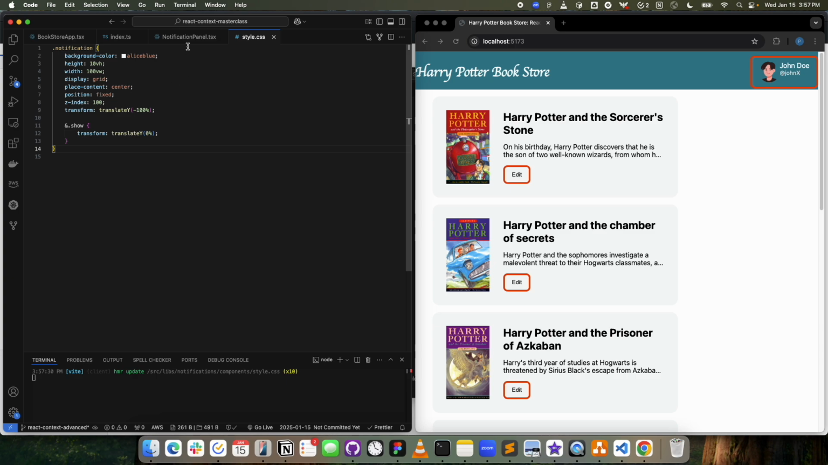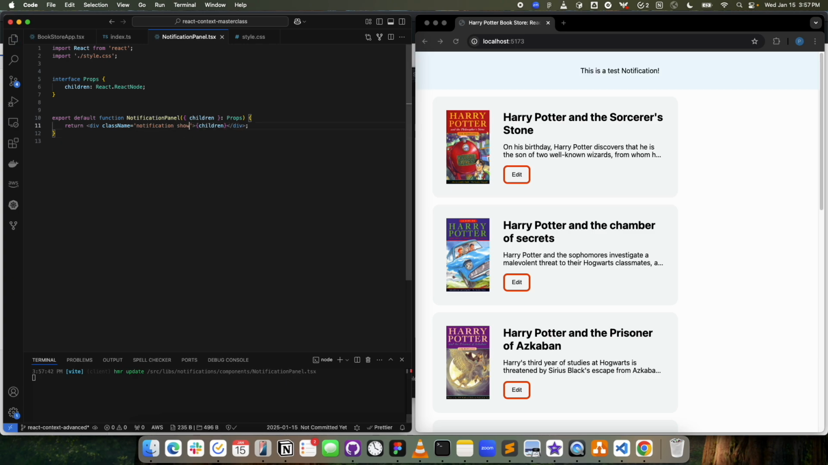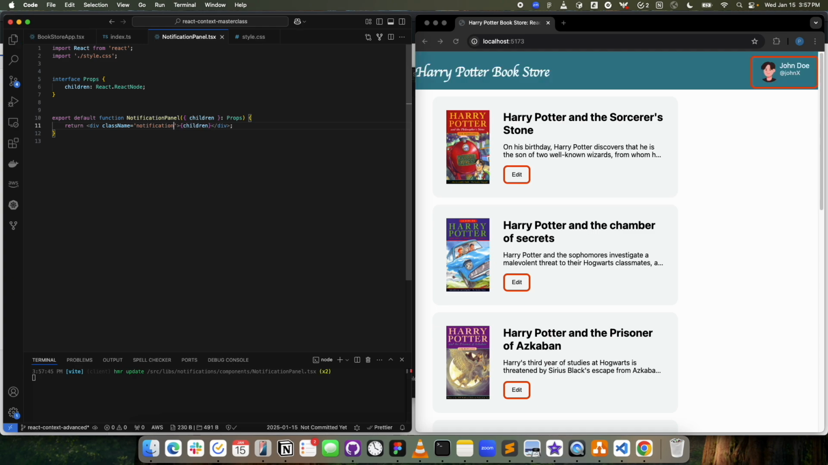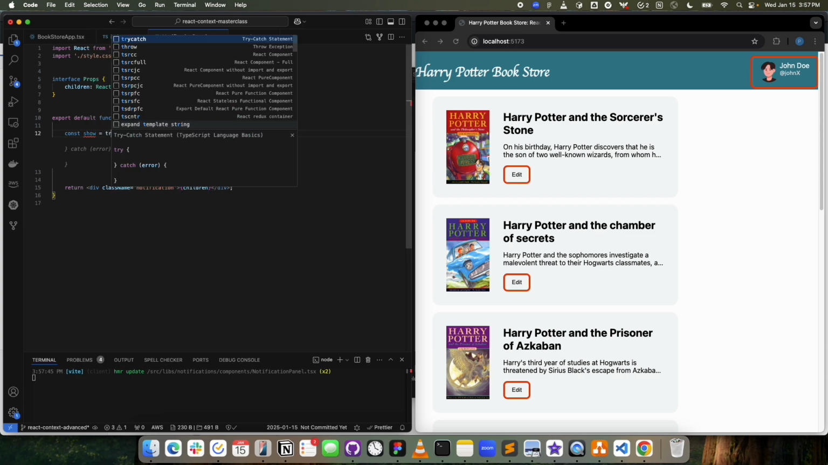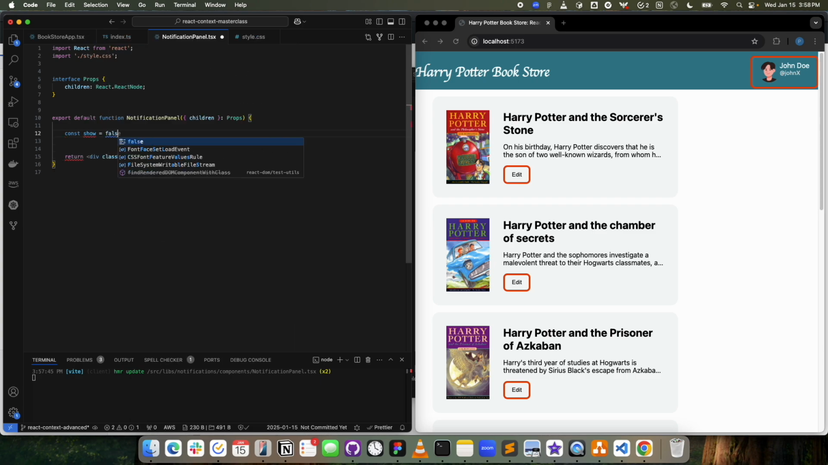Now at this point, if I go to my notification panel and try to put it show, so it's appearing. As soon as we remove it, it just goes away, right? So what we can do quickly, we can create a variable here which will show equal to true, or show equal to false,